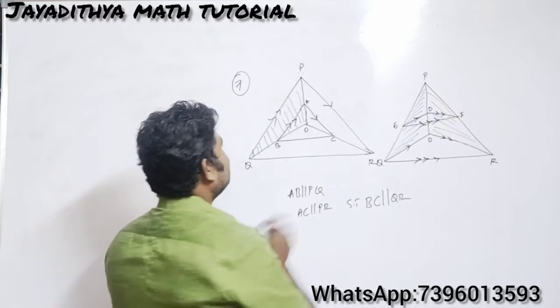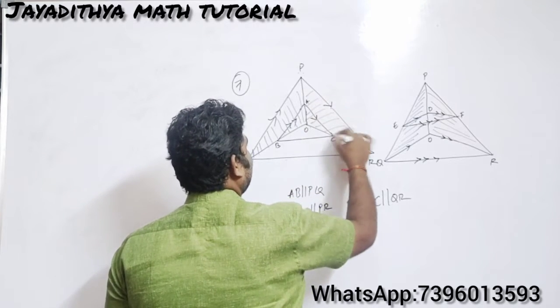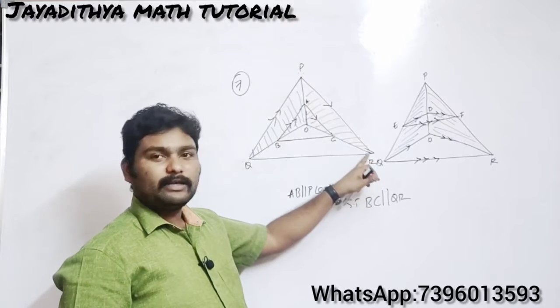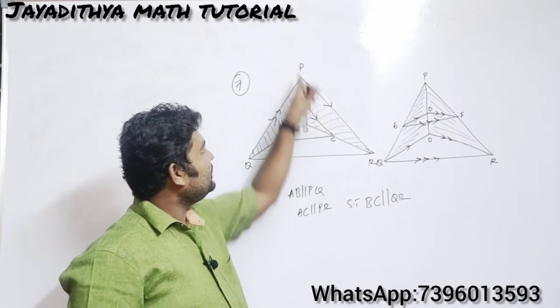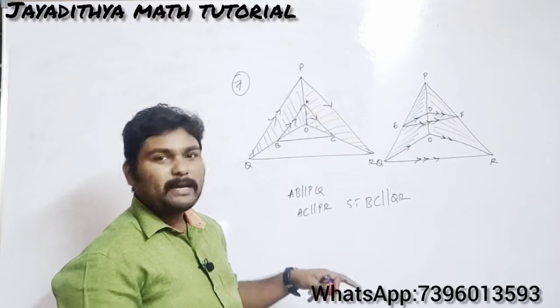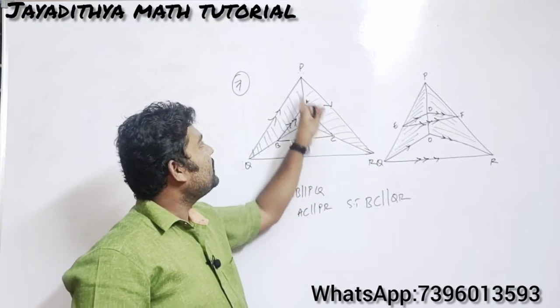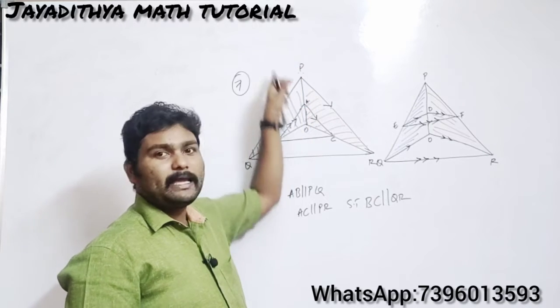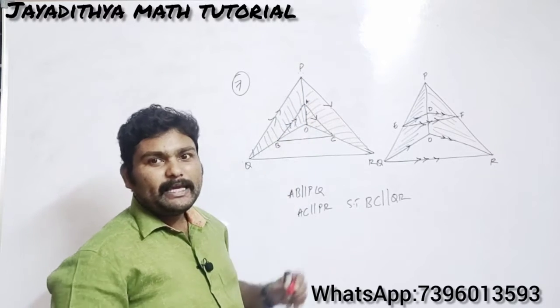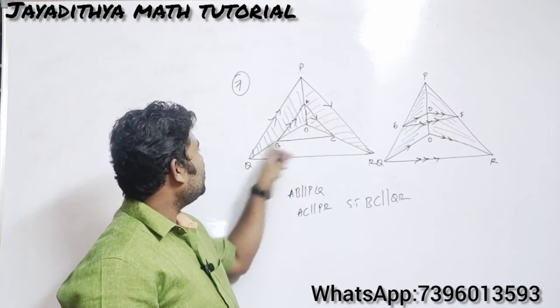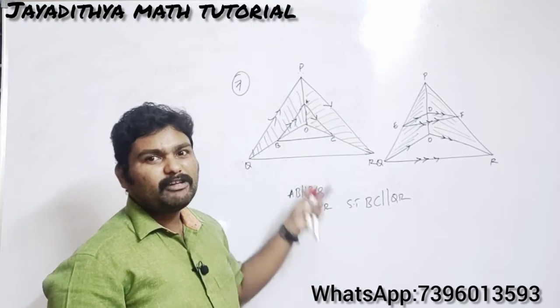And again you take this part here. If you take this part, see here in this triangle OPR, AC is parallel to PR. So what can you write by basic proportionality theorem? OC by CR is equal to OA by AP. So that will be equation 2. So from 1 and 2, what can you say here? You can say that OB by BQ is equal to OC by CR. That will be your equation 3.